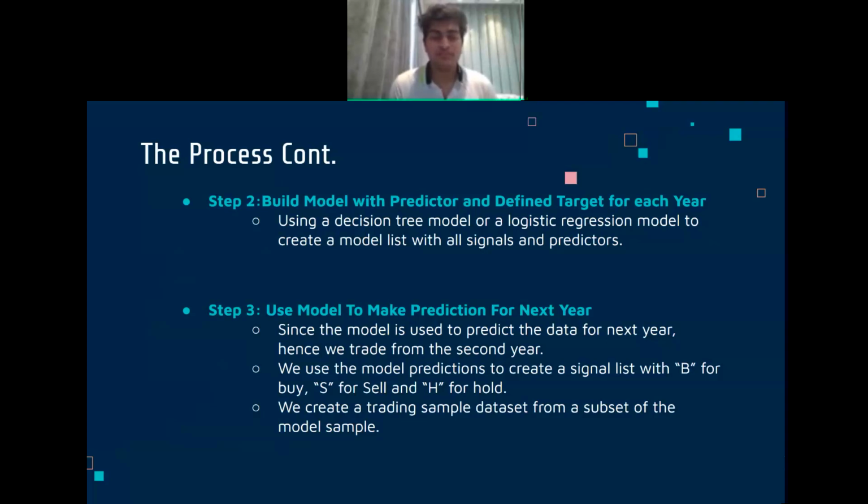So based on our previous year data set, that was the 2016 data, we actually eliminated that data set and then created a new model where we actually created signals where it says buy, sell, or hold. We created a trading sample for this data from a subset of this model sample. In step 4,